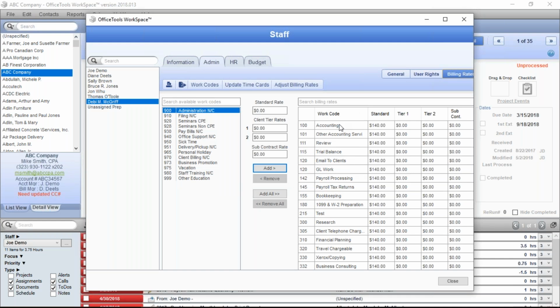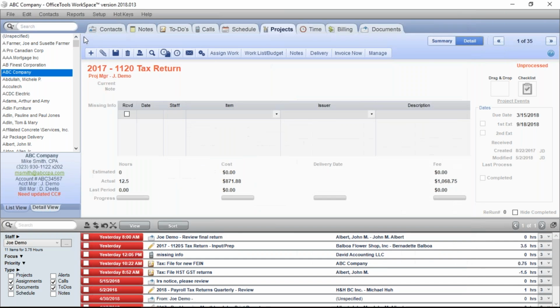Now there's more housekeeping to be done with your contact list. You definitely want to have a look at that. Documents, maybe. Documents can get a little messy sometimes, but that's not the worst thing. But really the project workflow and those billing details are the areas that you want to focus on.